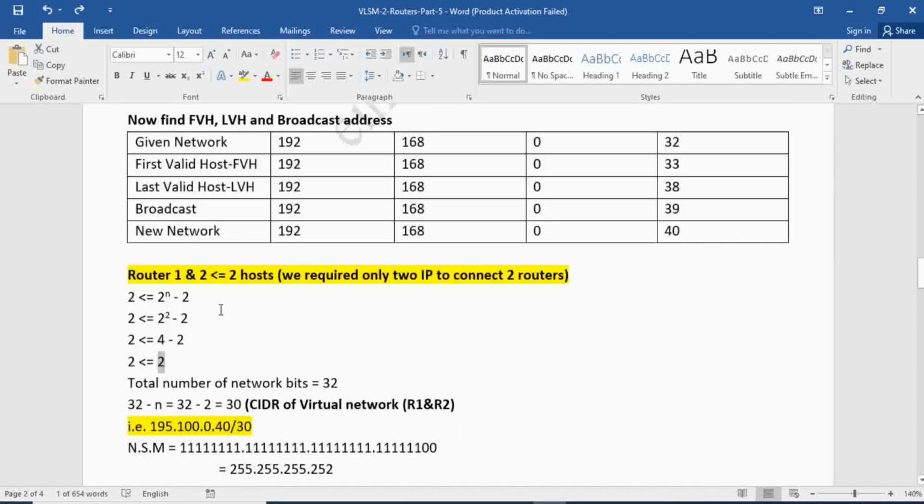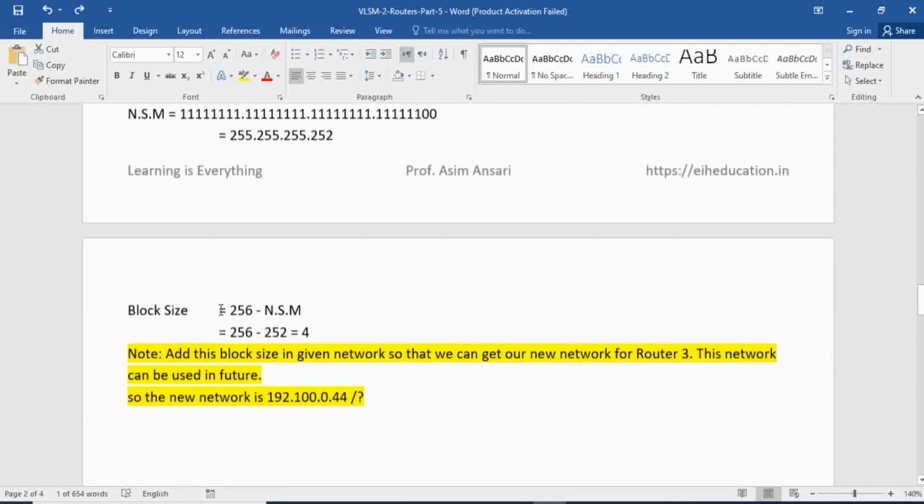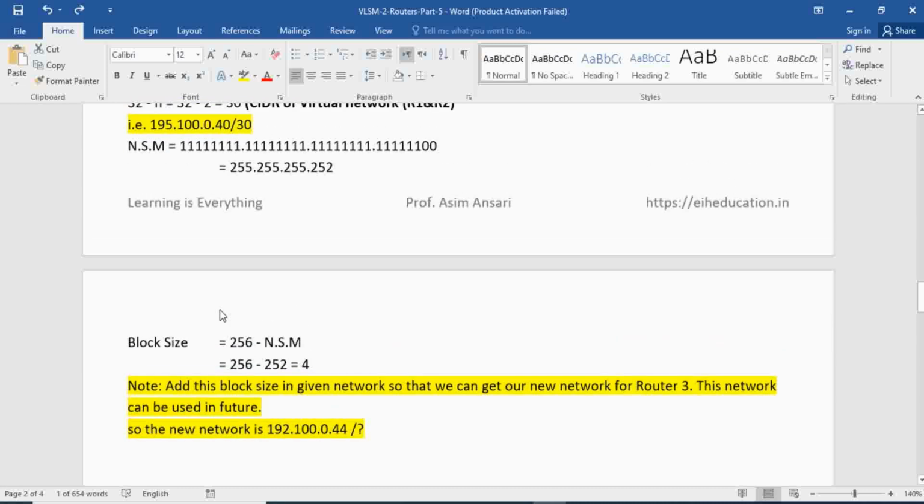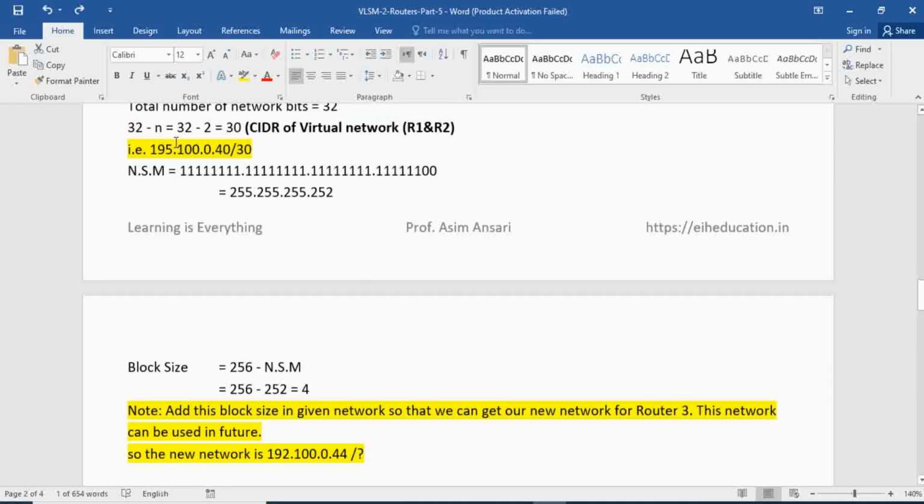Move to the next question, what is the block size? For this, we need to find the subnet mask of /30. So the new subnet mask is